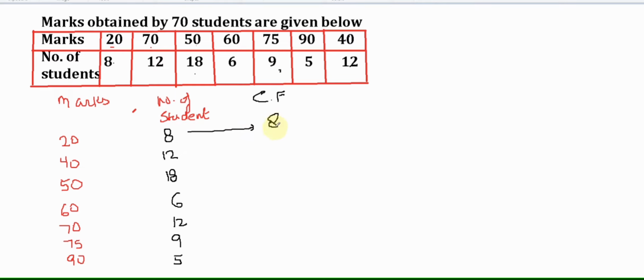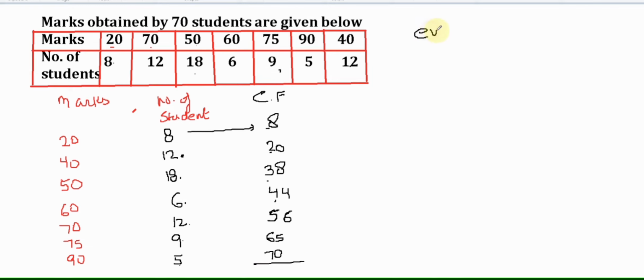Now we add 8 with 12, I will get 20. 20 adding with 18 gives 38. 38 adding with 6 gives 44. 44 plus 12 is 56. 56 plus 9 is 65. 65 plus 5 is 70. Now the cumulative frequency is 70, meaning the total is 70.